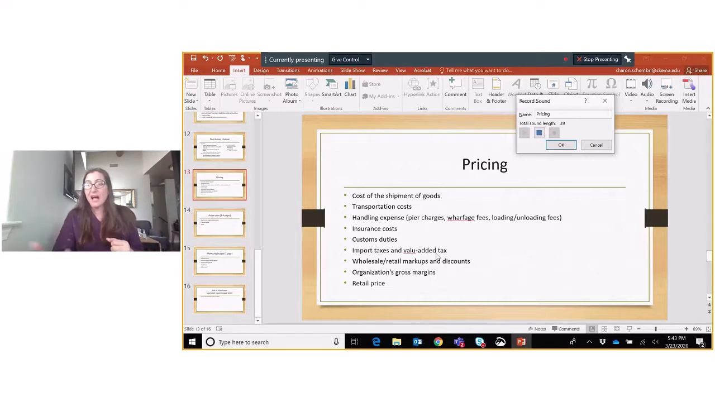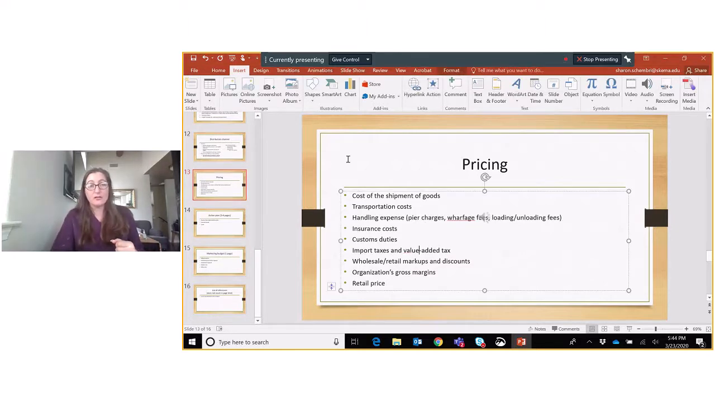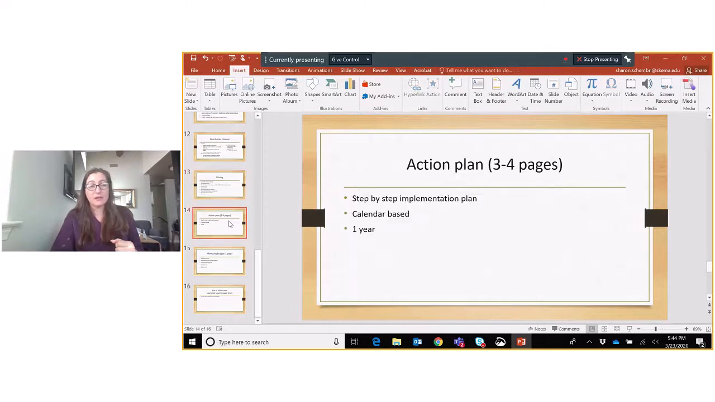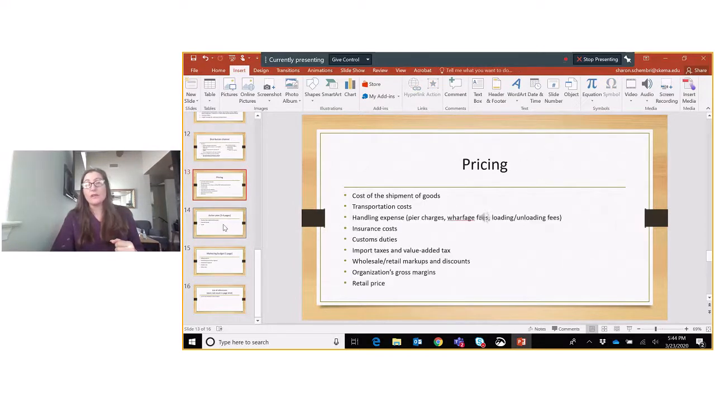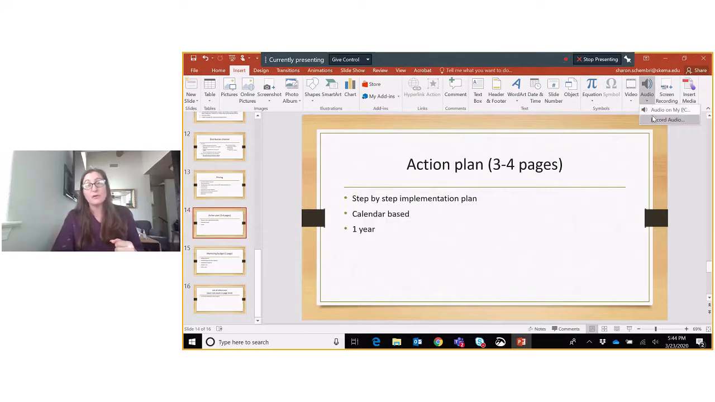Import tax and value-added tax, are these necessarily included in the pricing that you put forward for this particular client, this particular marketing plan? What are you considering with regards to markups and discounts? So what is your gross margin, and effectively arriving at a recommended retail price? Okay, pricing, right? So basically you've got to justify, and you've got to show that you've thought about the different aspects of the pricing. All right, so now that's the end of our marketing mix, and we move on to